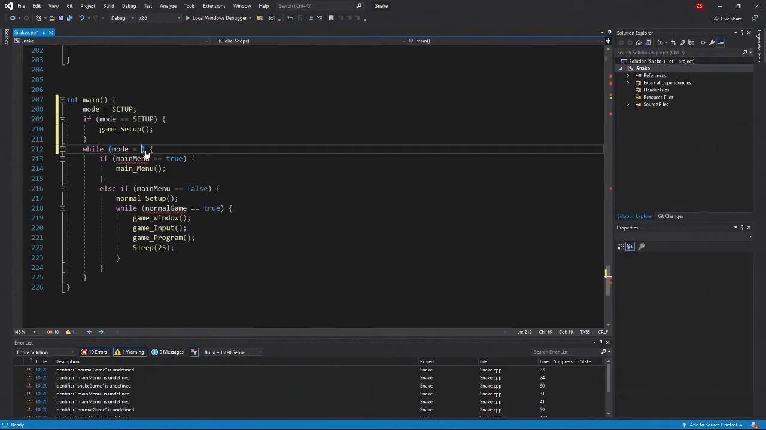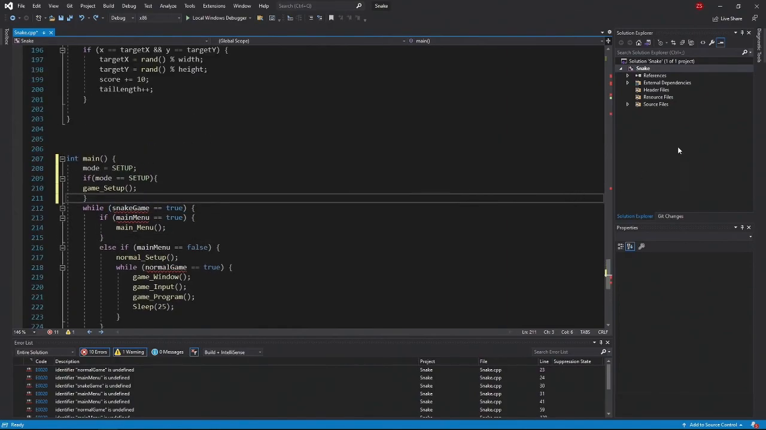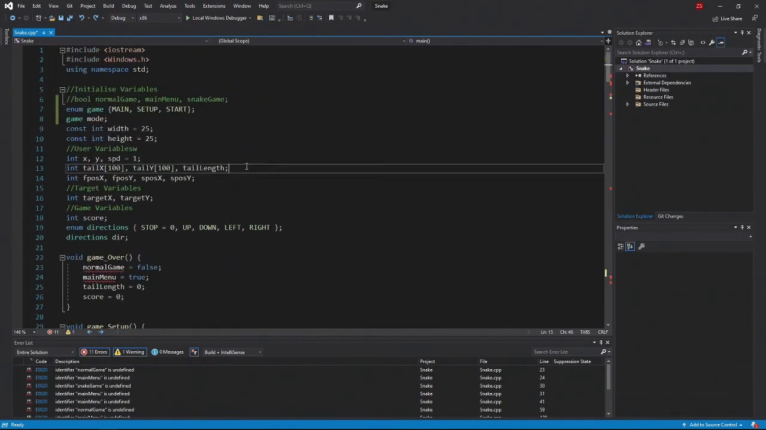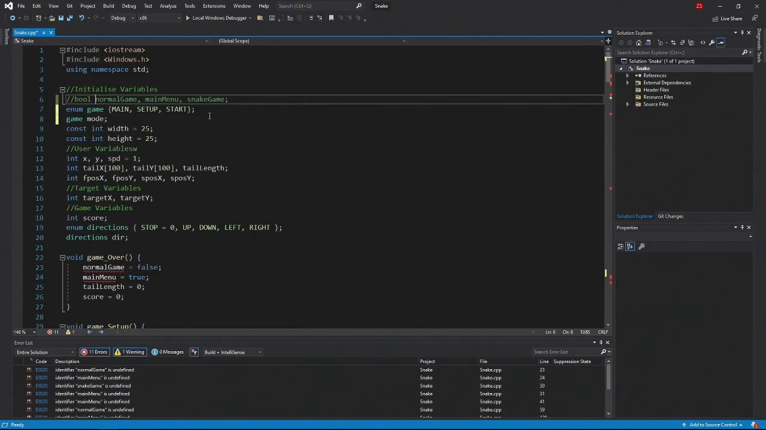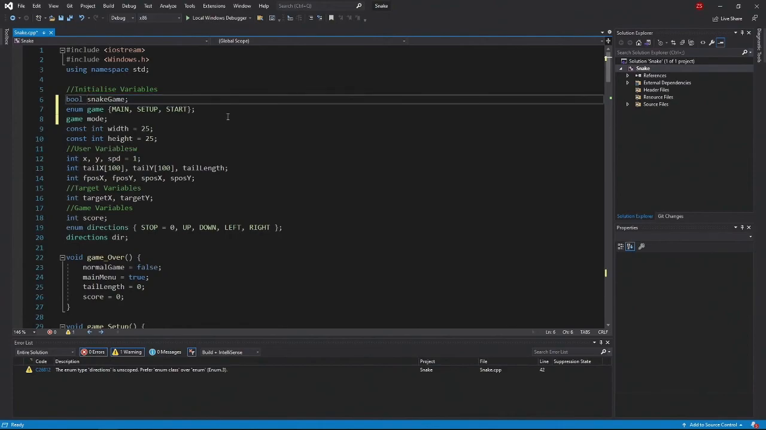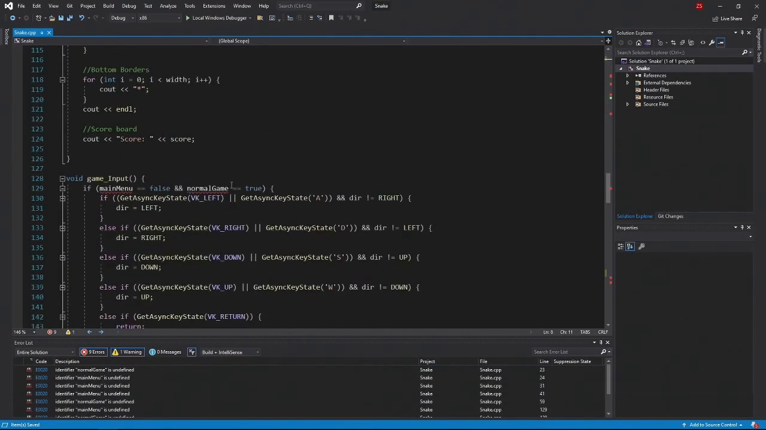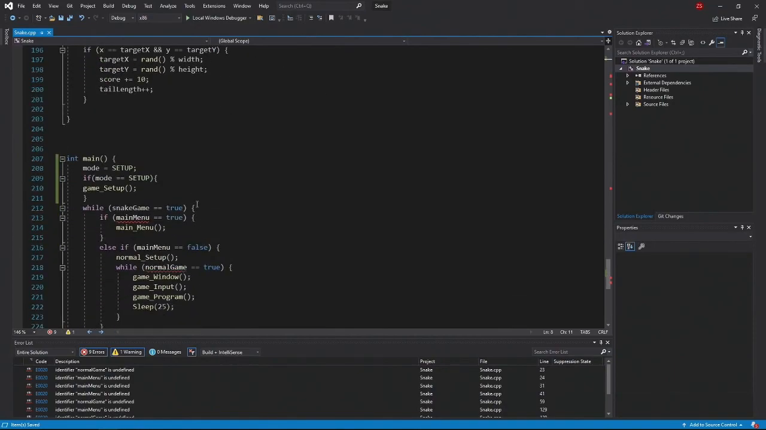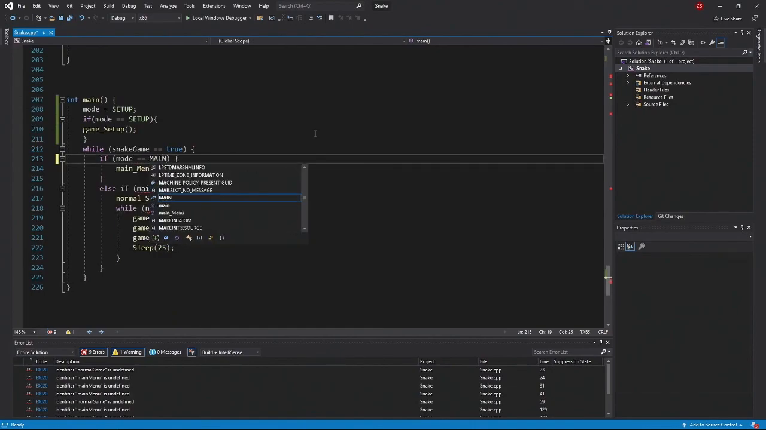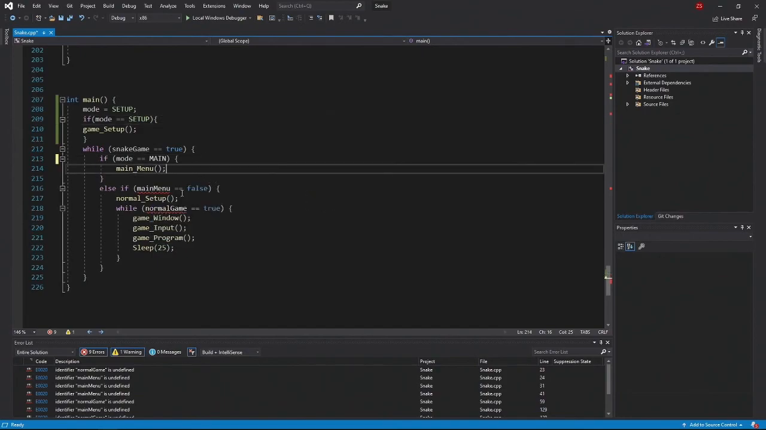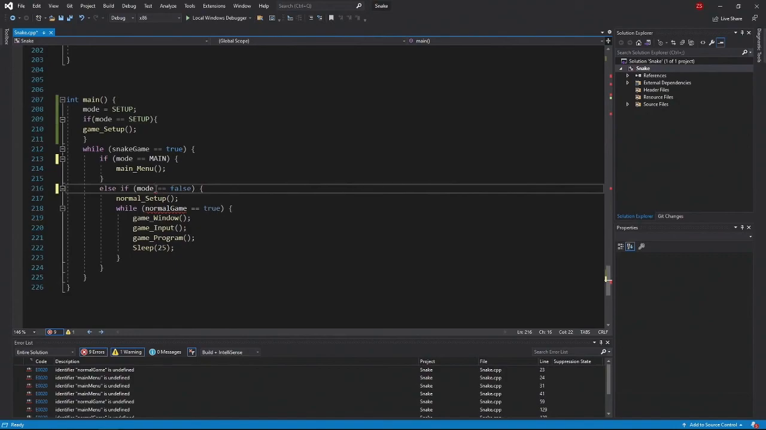I'm doing this super wrong. We will have a boolean, I should say, called is the game running, which is the snake game bit. So while the game's running, first we set up the game, and then while the game's running, if our mode is equal to main menu or main, then we do the main menu function. Else, if our mode is equal to start,